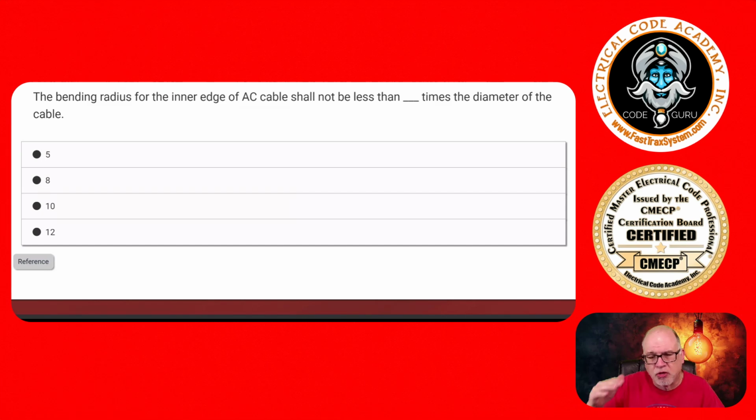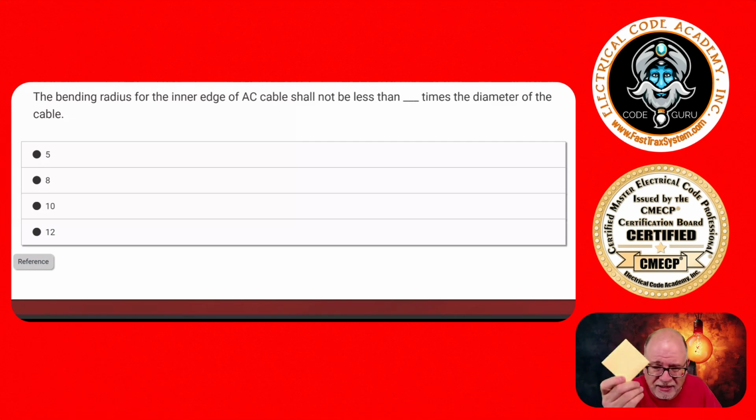And look it up, and I'm sure underneath it'll have something to do with bending radius or bending. But in our case, we know that it is Article 320. And oh, by the way, you should be creating yourself some flashcards. Now, our program has flashcards built into it down in the database, but I encourage you to create your own